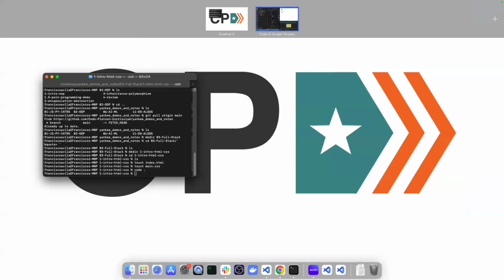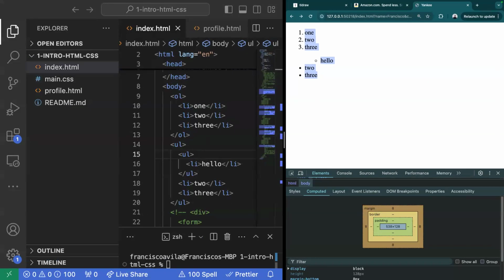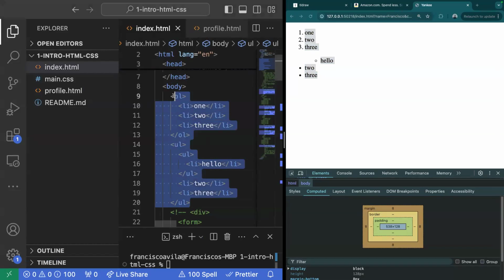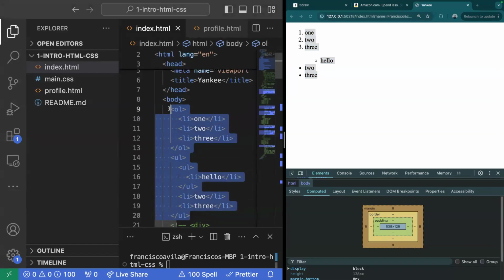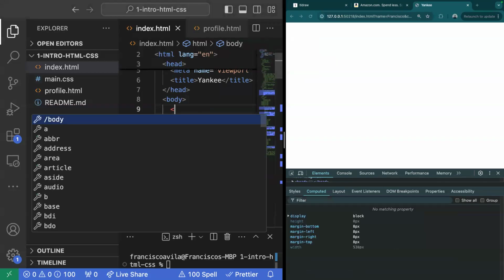I have not been checking Slack, so let me make sure I check Slack as well. Okay, luckily there are no questions, so let's go ahead and keep moving forward here. We talked about our lists. We have talked about almost all the HTML there is to talk about, but let's go ahead and talk about